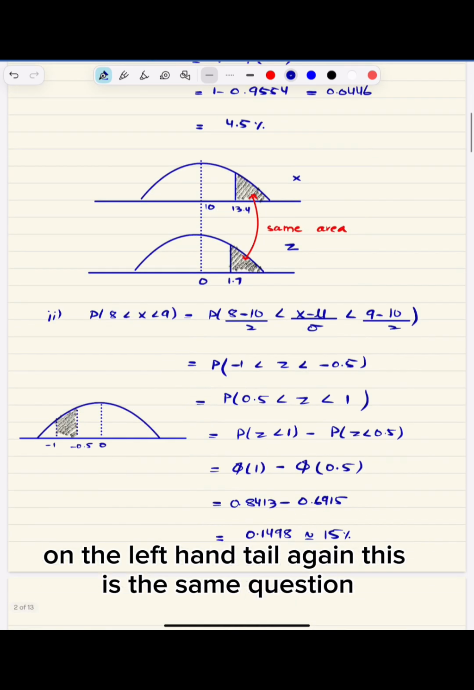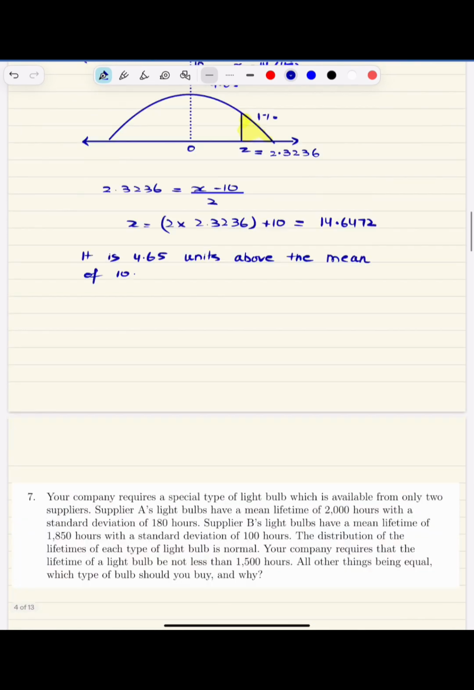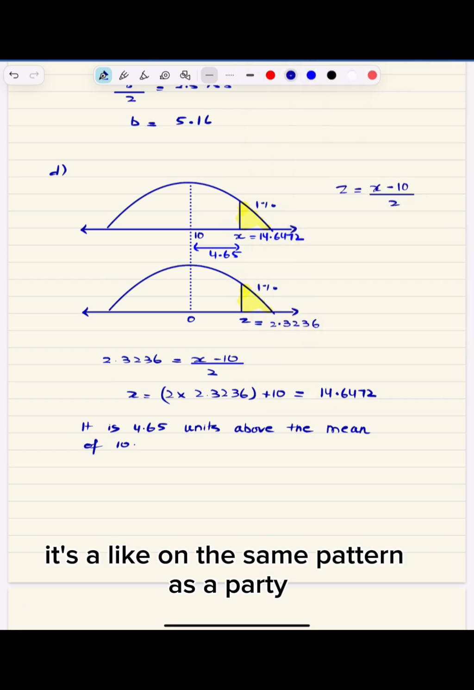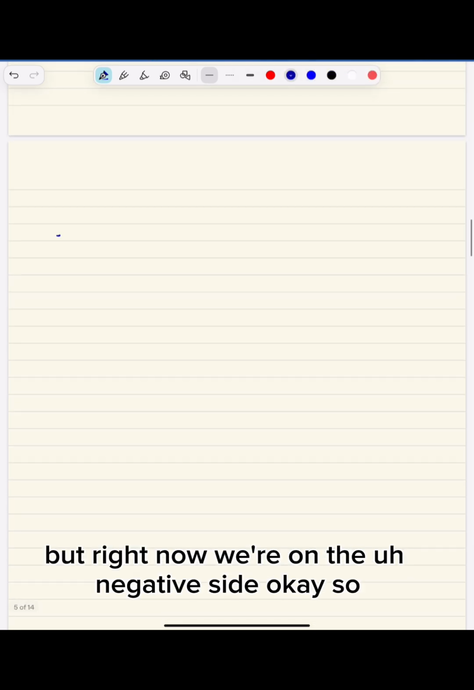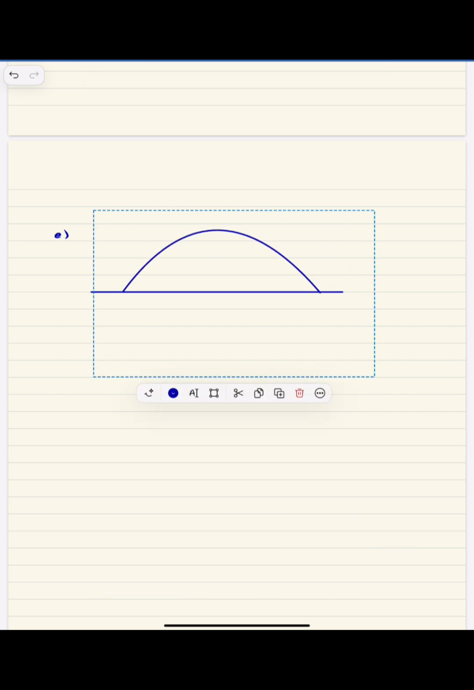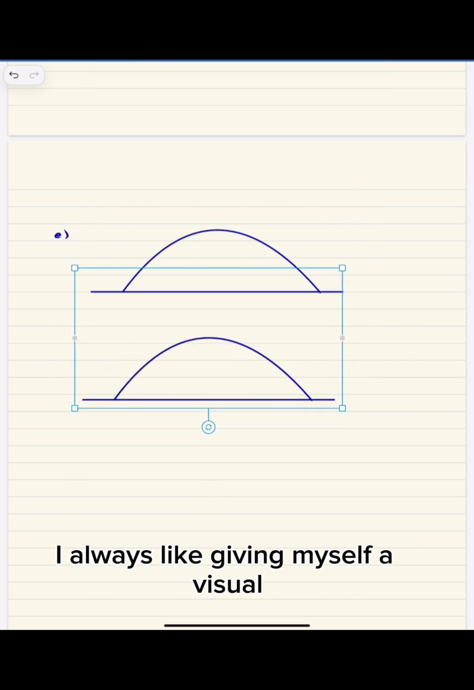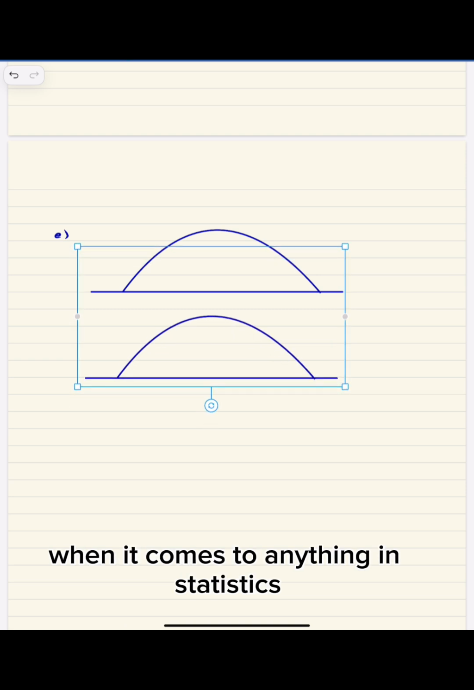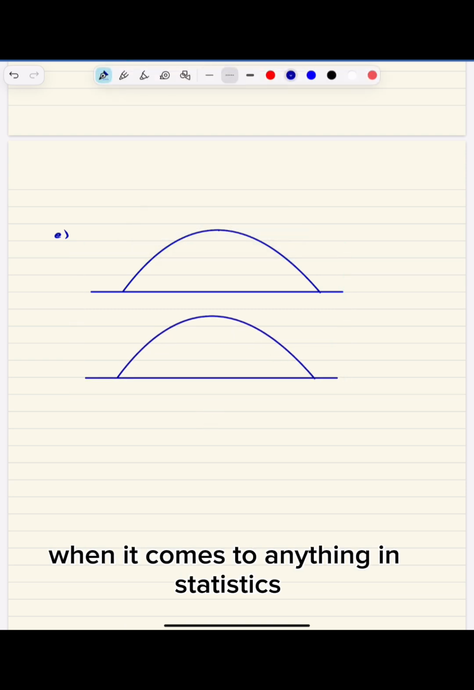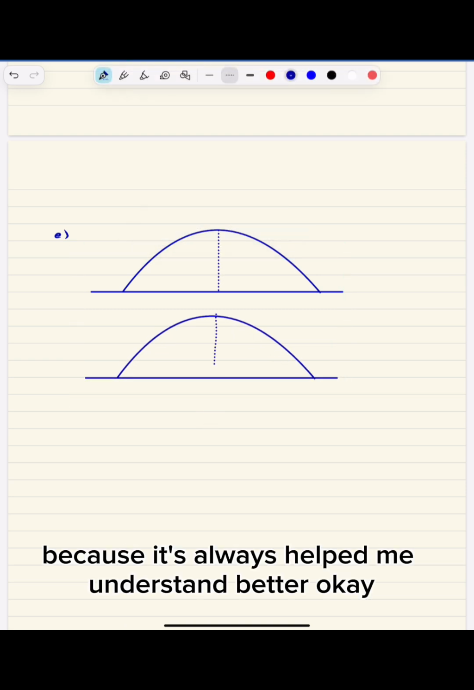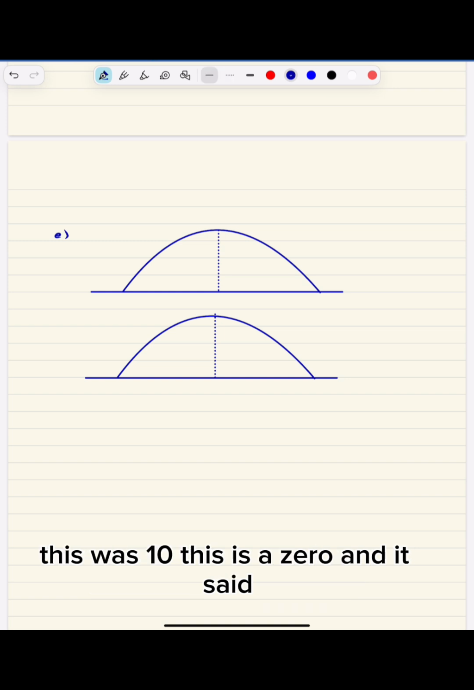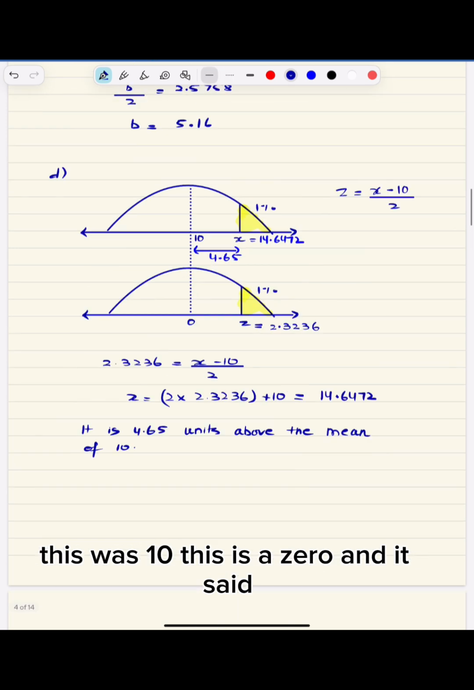Again, this is the same question. It's on the same pattern as part D, but right now we're on the negative side. I always like giving myself a visual when it comes to anything in statistics, because it's always helped me understand better. Okay, this was 10, this is 0, and it said